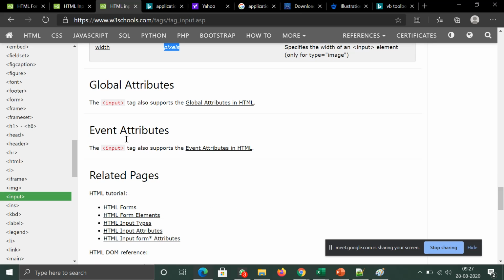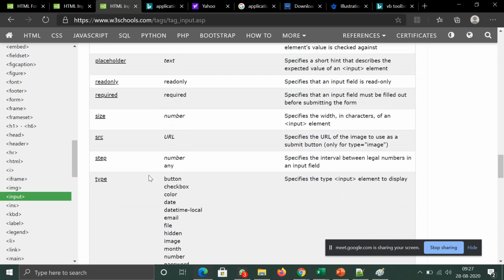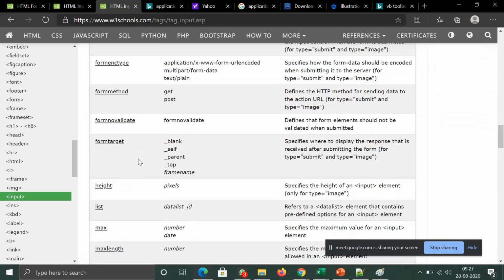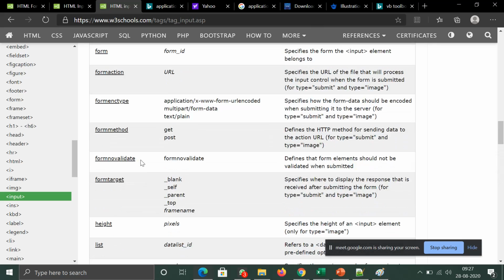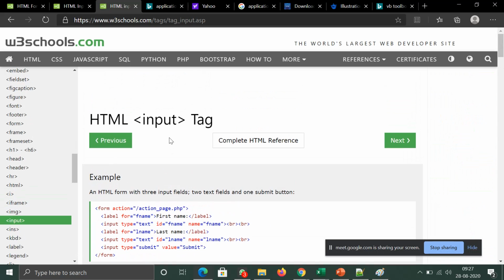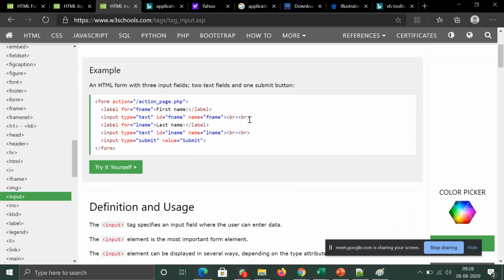Okay, so these are all the different types of values and attributes. I come to the input tag. So the input tag has all these kinds of attributes. That is the most important tag. Okay, in the HTML form, what I am talking about till now is the input form. Okay, so the input form has been given a lot of importance now. Previously you didn't have the input form. Okay, you had only the text box, or you would call it a text area.